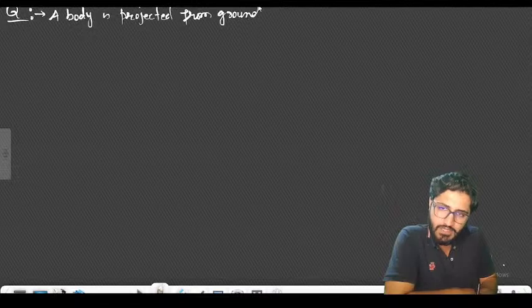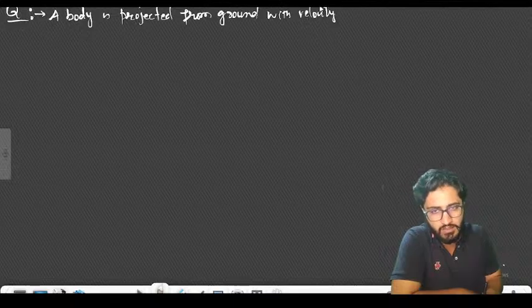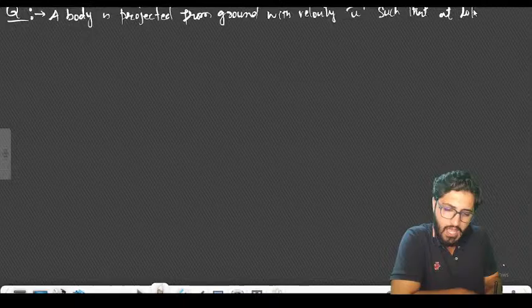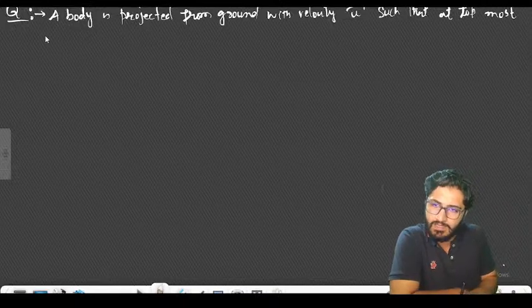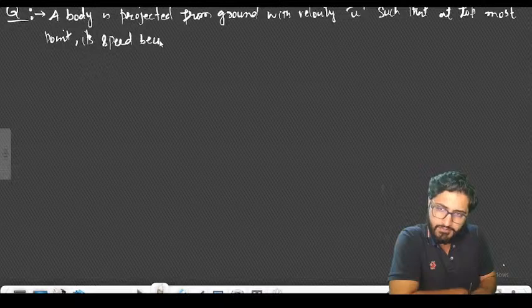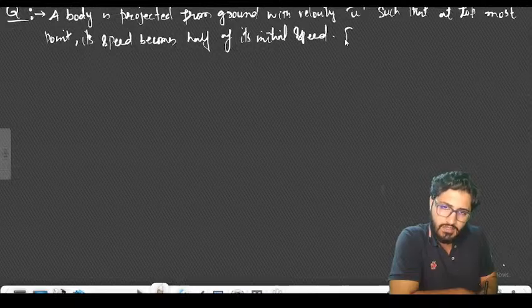A body is projected from ground. We have thrown a body from the ground with velocity u, such that at the topmost point its speed becomes half of its initial speed. Find out: